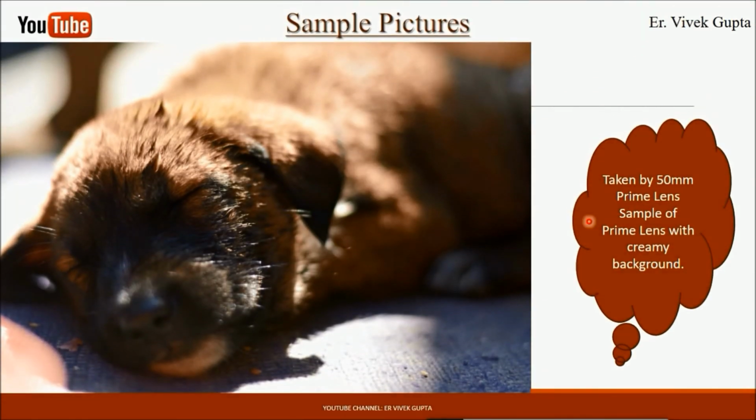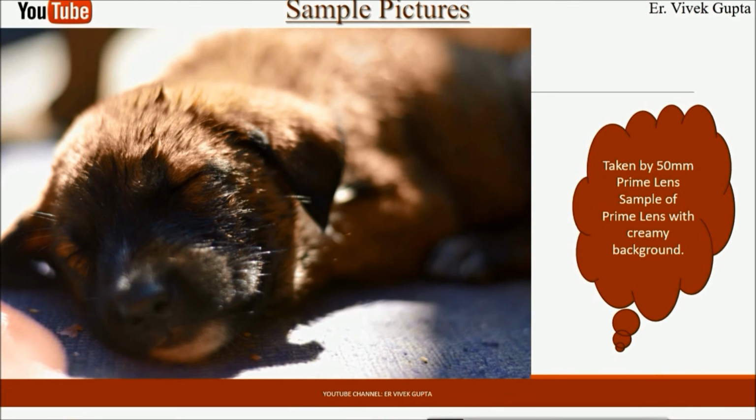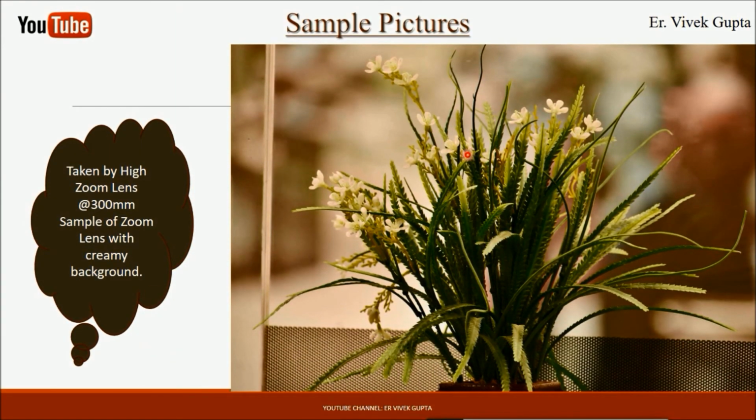In this image you can see that except the object, all the surroundings are out of focus, showing a creamy bokeh effect. Then in this picture the object is clear but the surrounding is out of focus. So in both scenes we are able to capture the object in focus and everything else out of focus. So we can say prime lens as well as zoom lens both can be used to capture portraits with background blur.